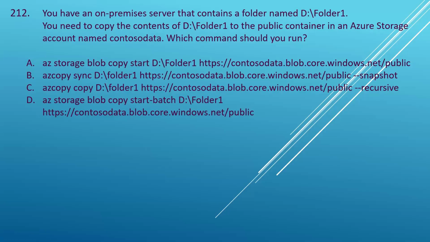Question number 212 of the series. You have an on-premise server that contains a folder named D folder 1. You need to copy the contents of D folder 1 to the public container in an Azure storage account named Contoso data. Which command should you run? Your options are: AZ storage blob copy start, D folder 1, https contoso data.blob.core.windows.net/public. The second option is AZ copy sync, D folder 1, then https contoso